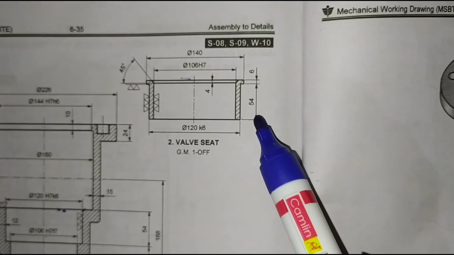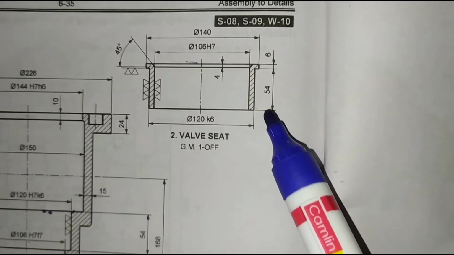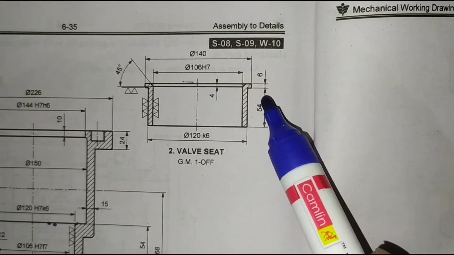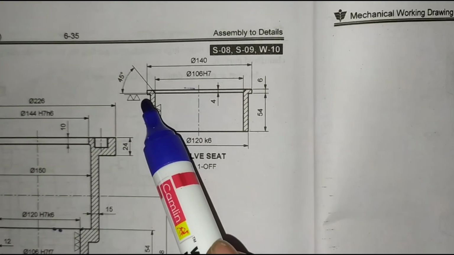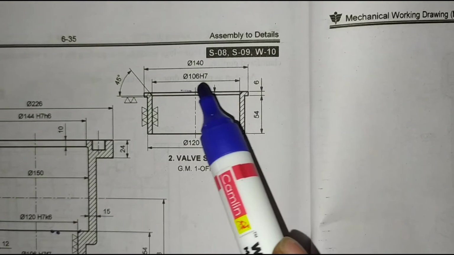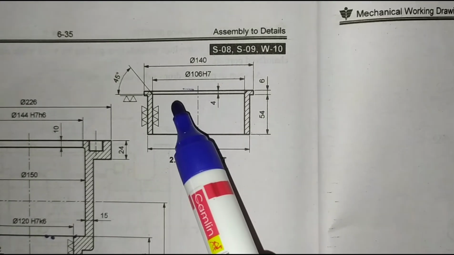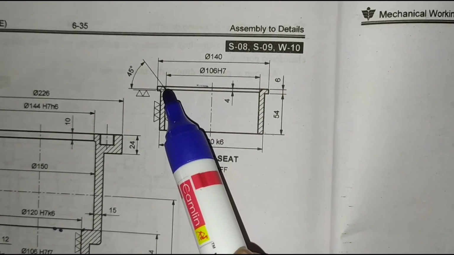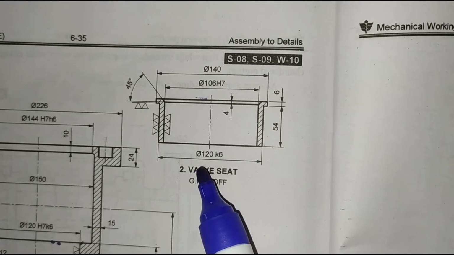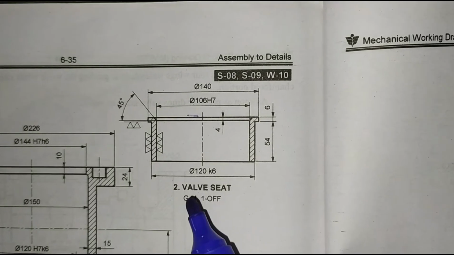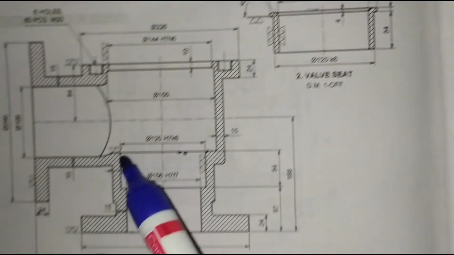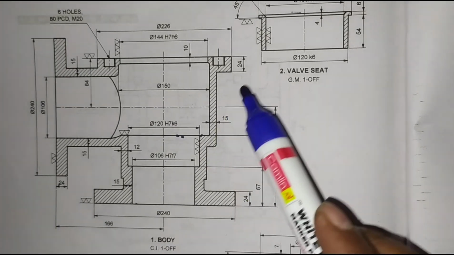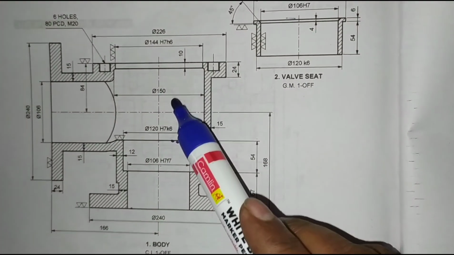And what is the height? That is a constant height. The 120 mm diameter is maintained for 54 mm, and for 6 mm it is 140 mm diameter, and 45 degree chamfering is provided at this stage at the internal side. And this wall seat is 120. If you observe in the body, this is the hollow cylinder 120. Here it is fitted. We have to just drop it here.